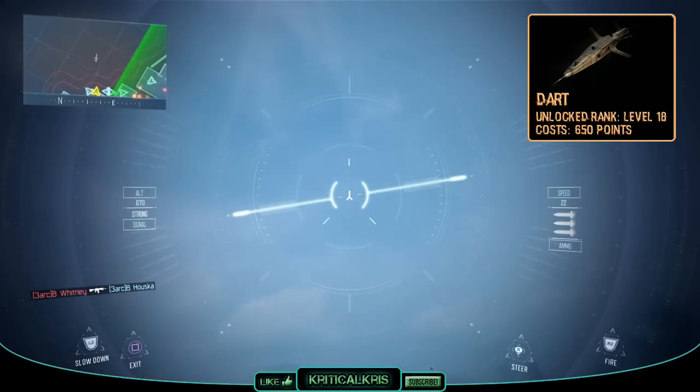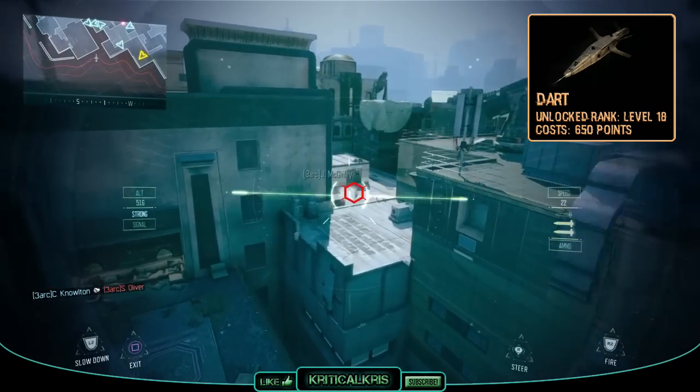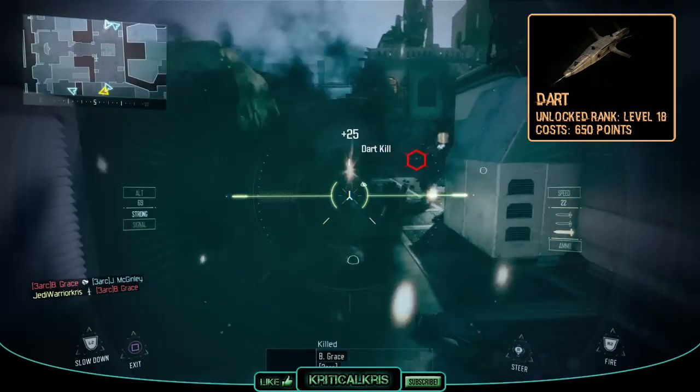A good strategy to use is to fly upwards in the sky towards the top of the map, and then turn around and come back to the map from a distance. You'll be able to spot any enemies running around outdoors more easily, and it'll give you more time to acquire